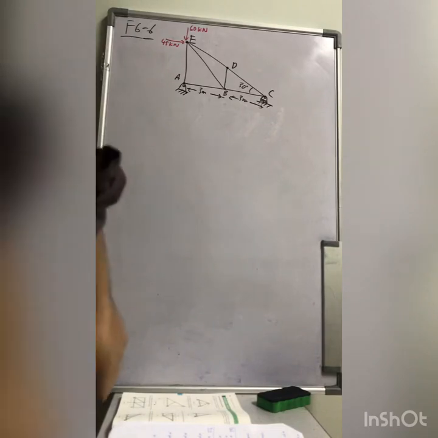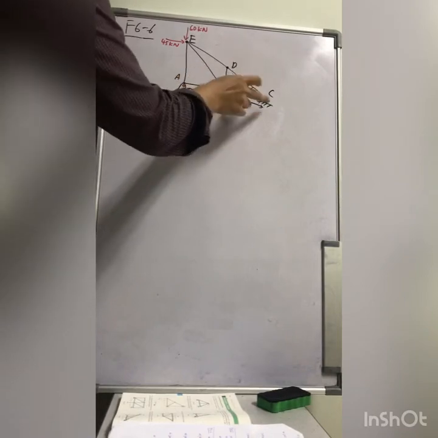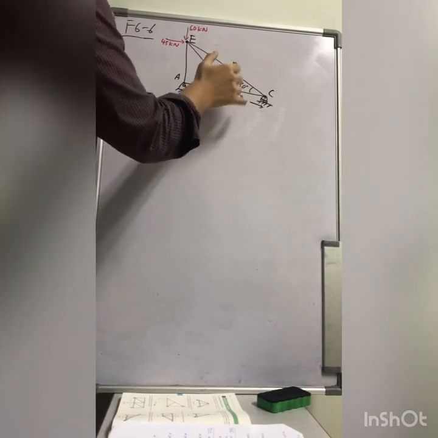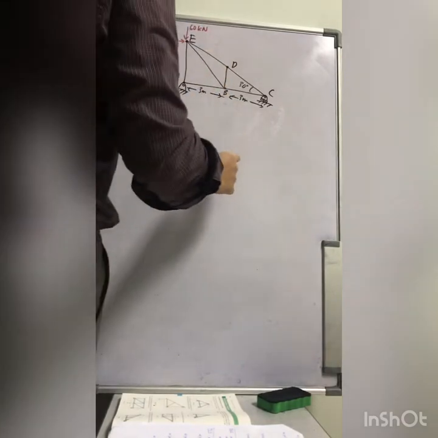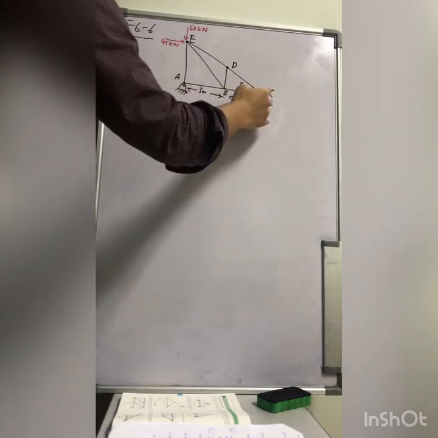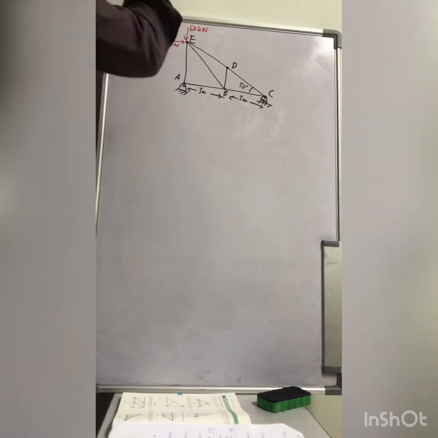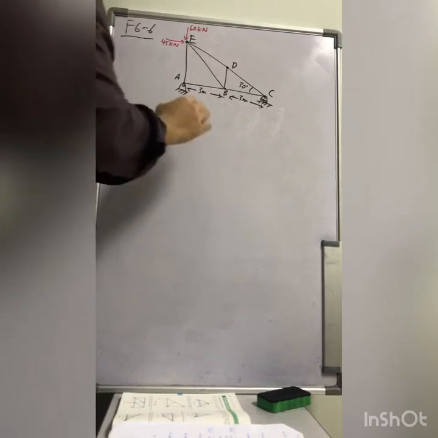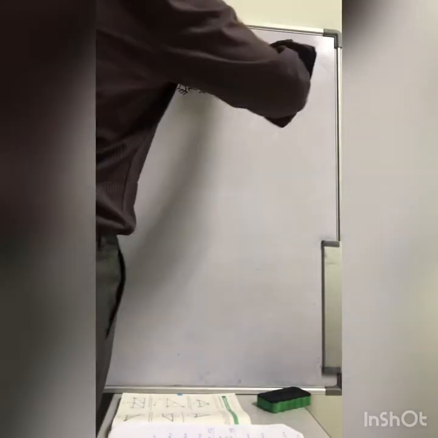Okay, next we go to fundamental problem 6.6. You have this truss system: AB, BC, CD, BD, BE, ED, and AE. You have two supports. At point A you have a pin, at point C you have a pin and roller. And at point E you have two applied loads. One is vertical, downwards, of 60 kN, and one is 40 kN going to the right. And then you have this 30-degree angle between these two lines.